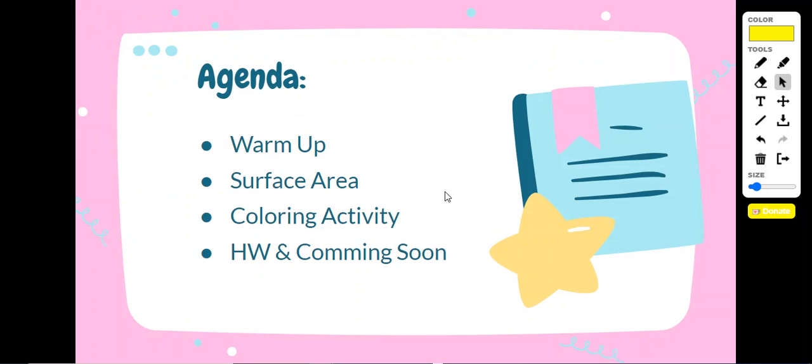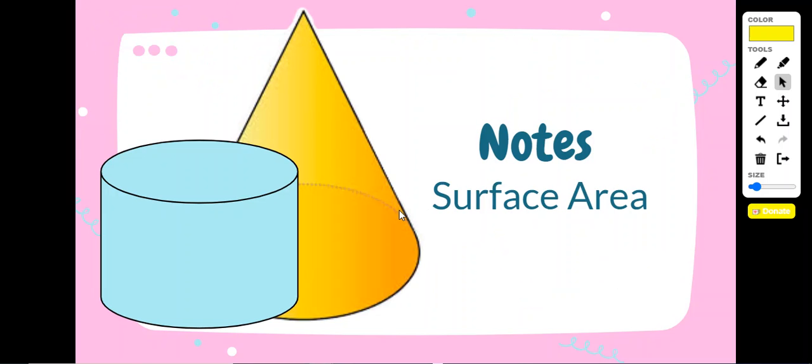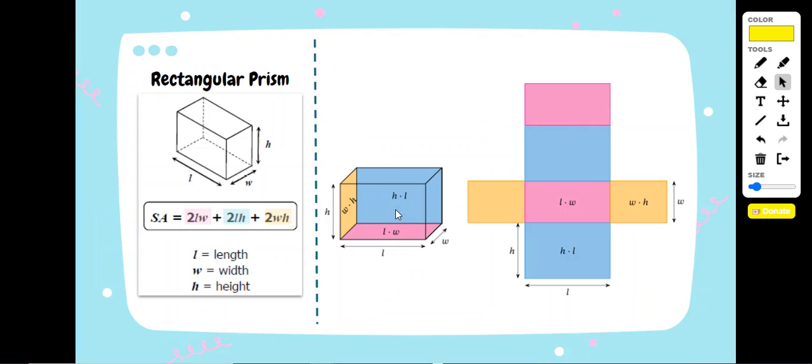All right, so last class we talked about volume. Today we're going to talk about surface area of all of the prisms. It's going to be so exciting, okay? So, rectangular prism, probably the most commonly used surface area formula. It's what you normally think of when you're thinking of a prism. It's shaped like a box, right? And we have the formula of 2 times length times width, plus 2 times length times height, plus 2 times width times height. And where that comes from, the way we derive that, is length times width, if I were to unfold this box,